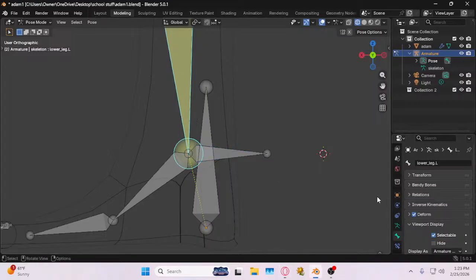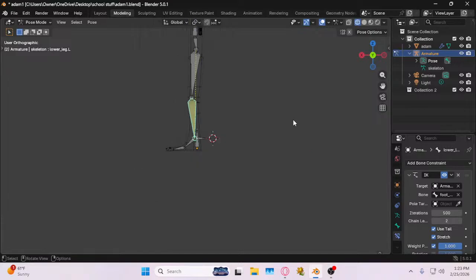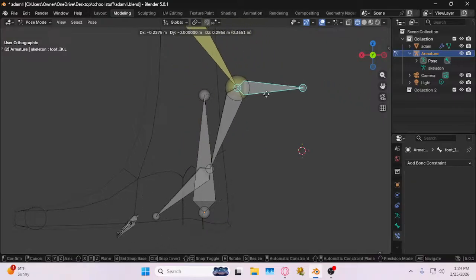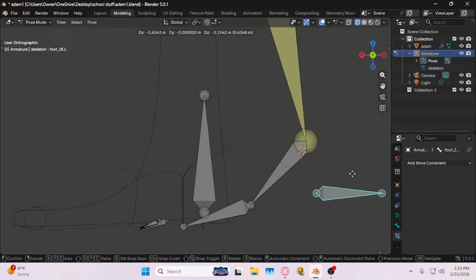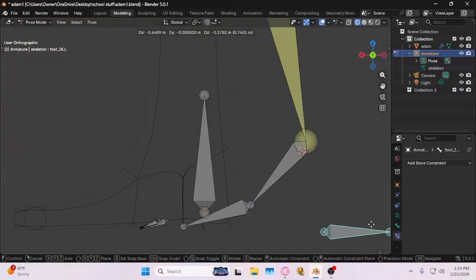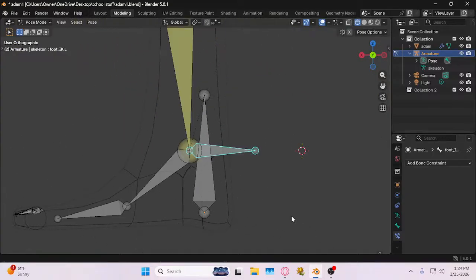So now let's select that yellow bone, go to the bone constraints, and let's make it 2 on the chain length, so it affects 2 bones up the chain. So if we now grab this in pose mode, go G, you can see those 2 bones go along. We can also just go back into edit mode quickly, and then select our foot bone, holding in shift, select our IK, Control P and go make parent,